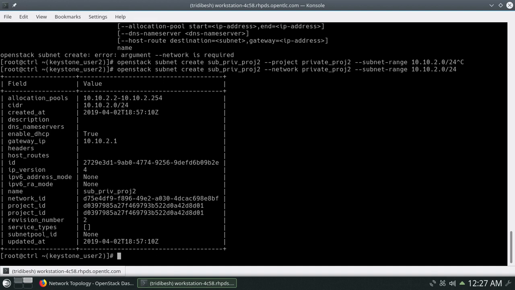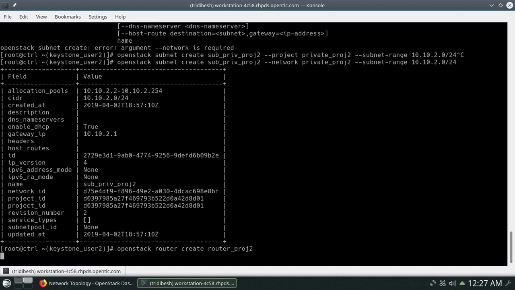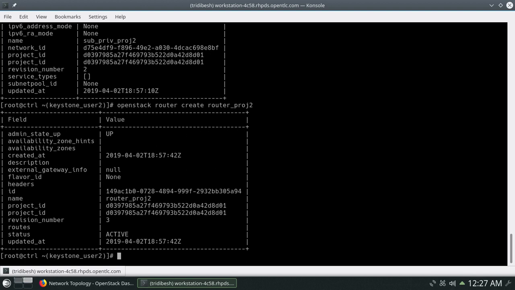So now we will create a gateway. OpenStack, sorry, router create router_project 2. So it's created the router.